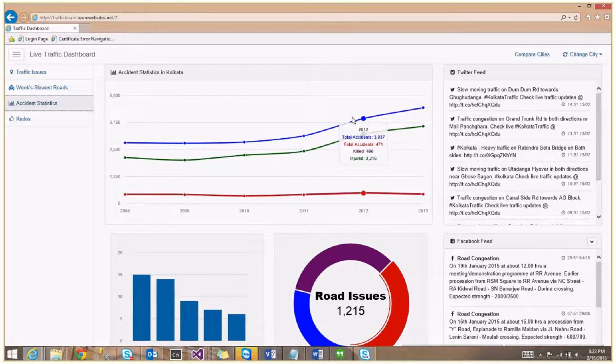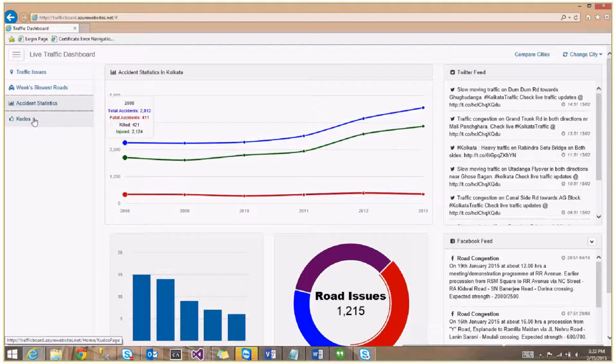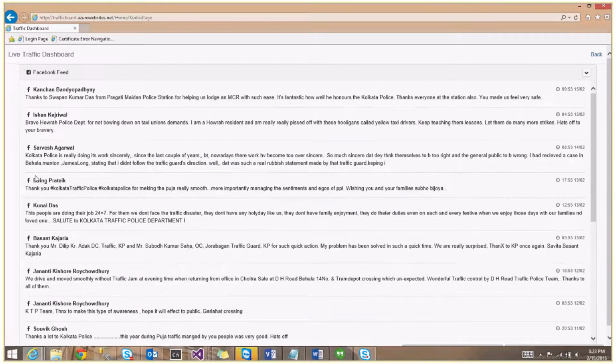The next option in the sidebar is kudos. It lists the appreciation and accolades from the commoners on the official Kolkata Traffic Police page for maintaining a page and informing the public about the traffic issues in advance.